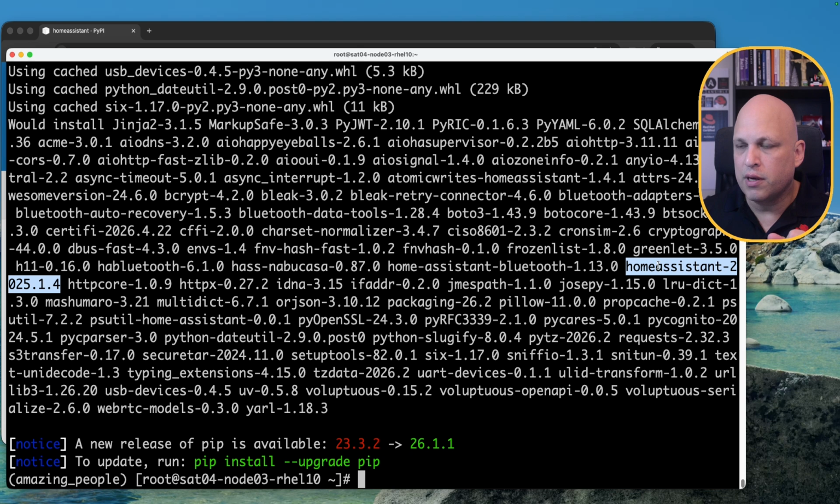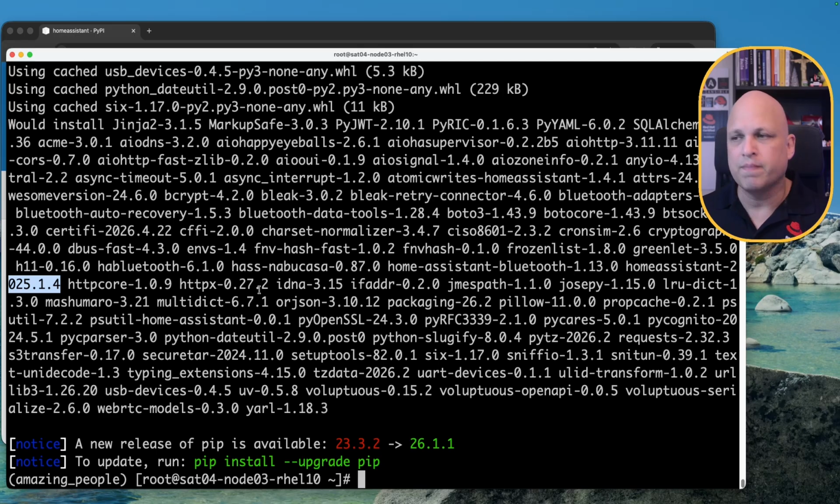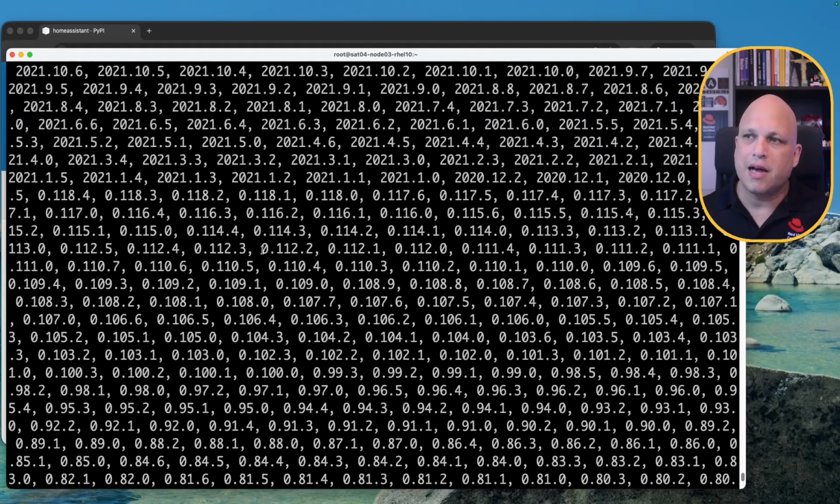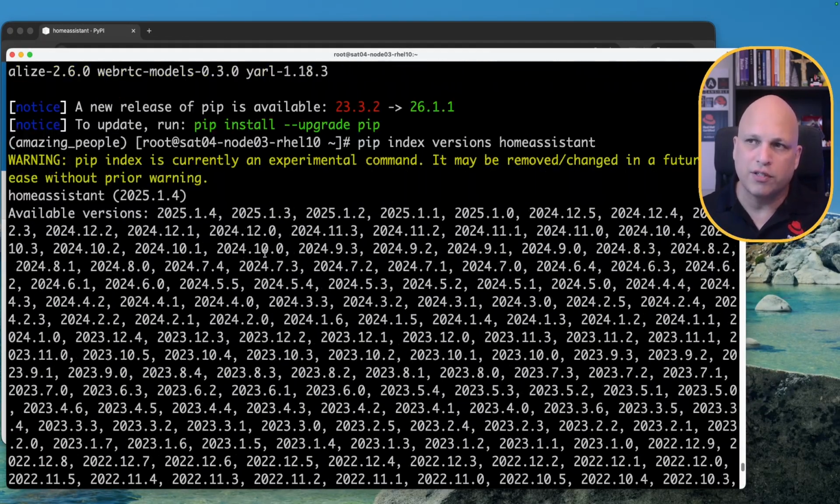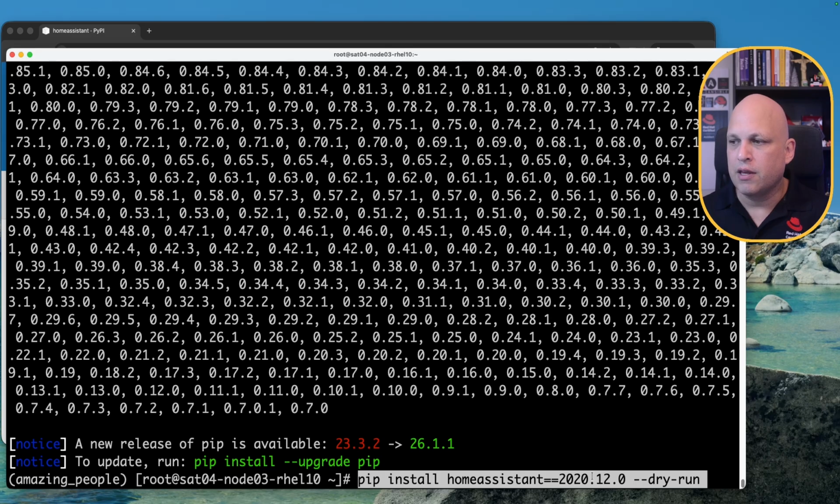HomeAssistant will be here as well, and we can see HomeAssistant, the version is 2025.1.4. This is the specific version available for this specific Python version, okay? There is a match. Similar idea, if I rerun this command over here, I can see a huge list of different versions. Can I see the dependencies for different versions? Definitely yes. So let's run this one using the version